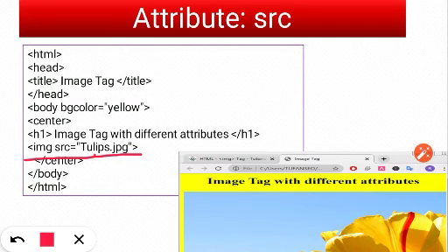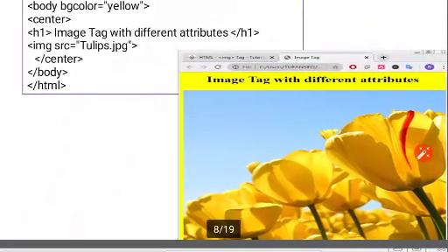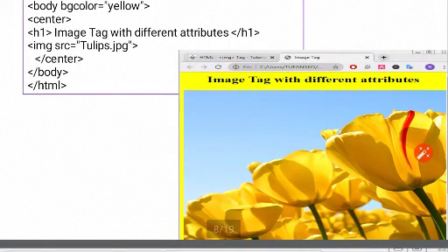So when we run this, you will get this image in your web page. You can see, I have given the screenshot of the web page like this. The full size of the photograph will come on your web page.